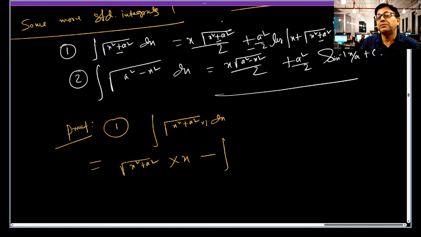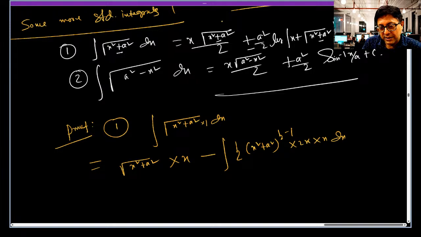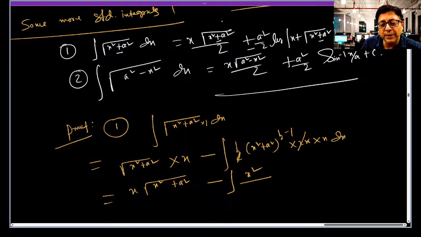Now the derivative of this thing, d/dx of this, is what? Half. This gets cancelled. So it will be x square by,